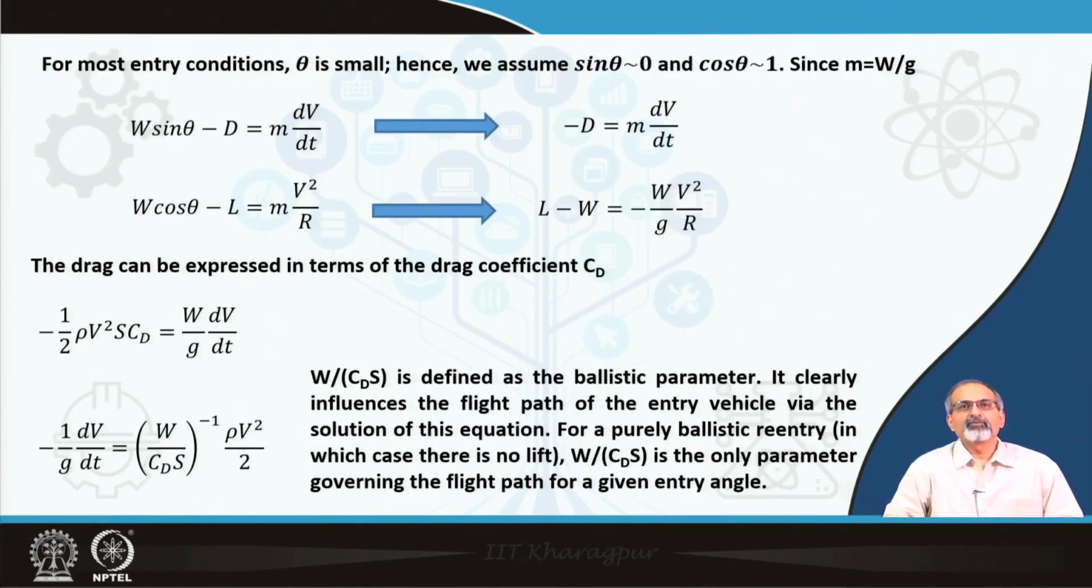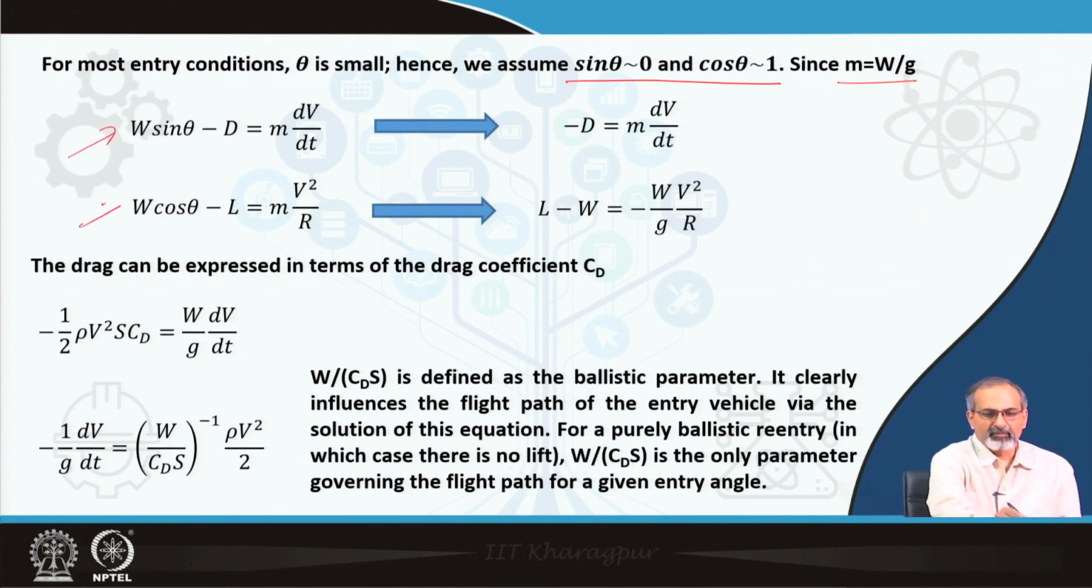In the previous lecture, we had discussed these equations, where we said that for most of the entry conditions back into the Earth's atmosphere or any planetary atmosphere, we talk about shallow values or small values of the angle theta, and therefore, we have these simplifications that sin theta can be approximated to 0, cos theta to 1, and of course, the mass of the vehicle is its weight by the acceleration due to gravity,